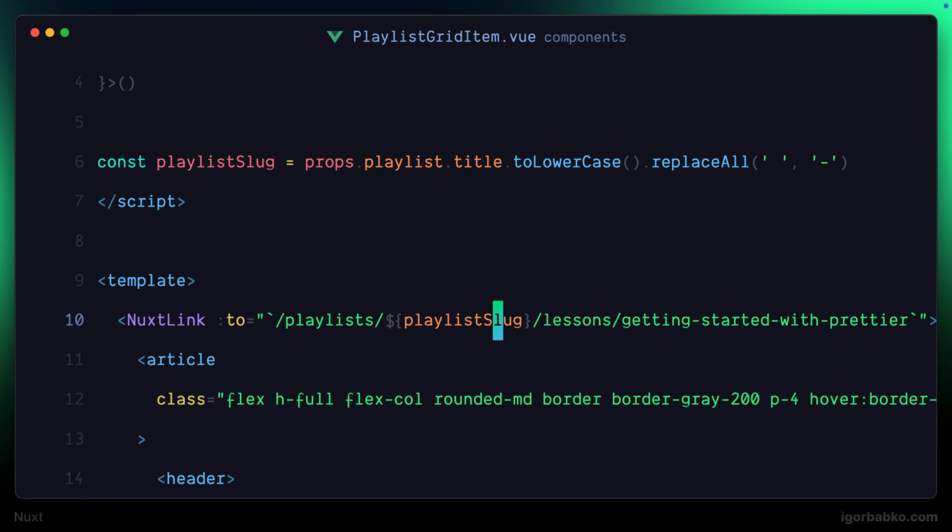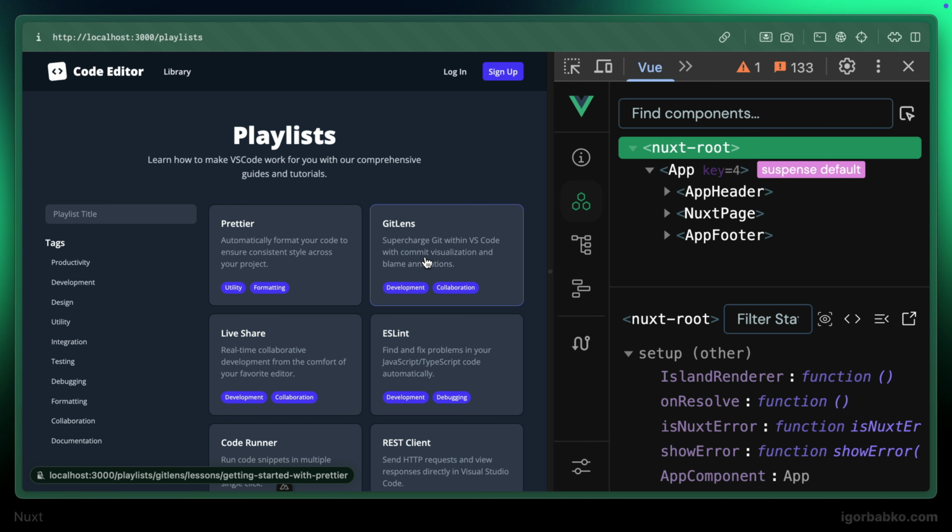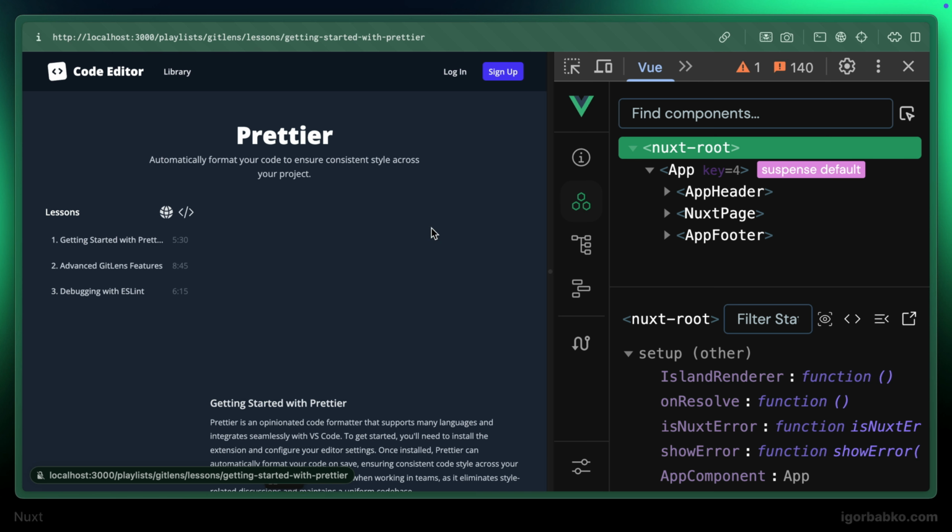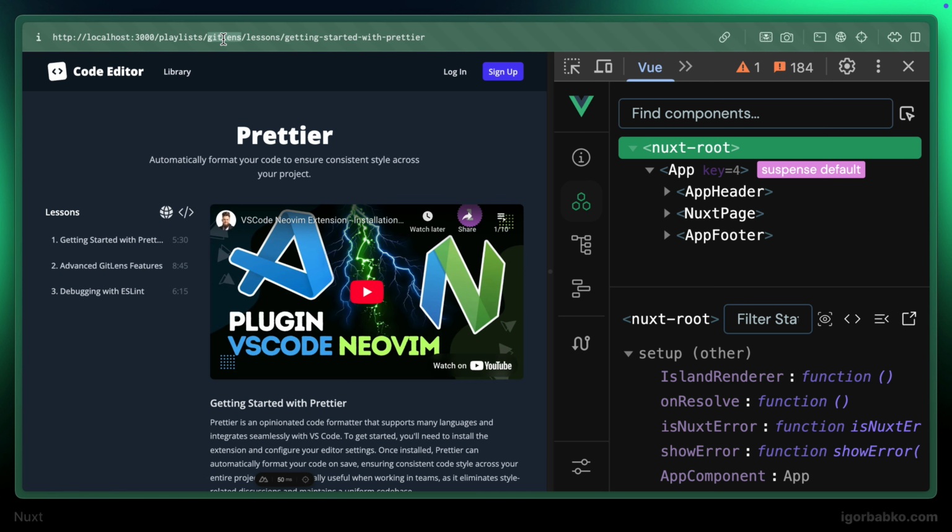And after this, depending on which playlist card we're going to click on, we're also going to get different playlist slug in the address bar. And after opening up particular playlist, we can continue switching